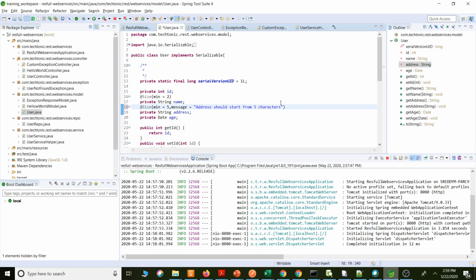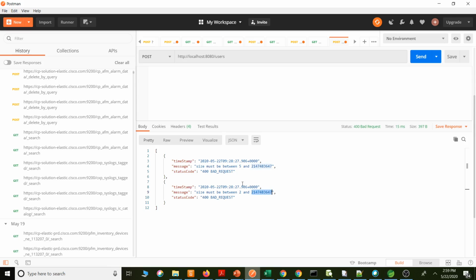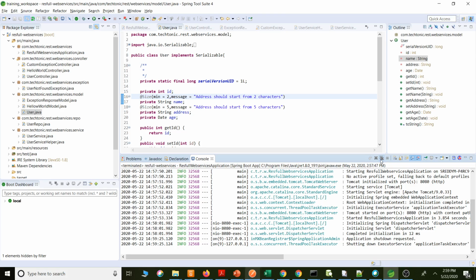Similarly, we will customize the message for name also: minimum 2 characters. So that we will come to know for which parameter we are passing wrong data.